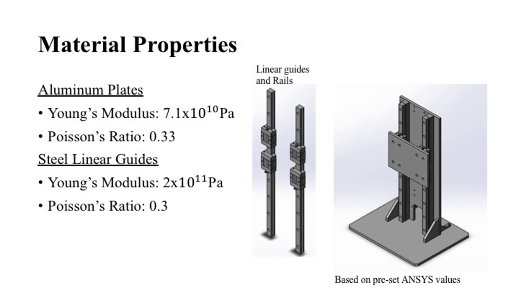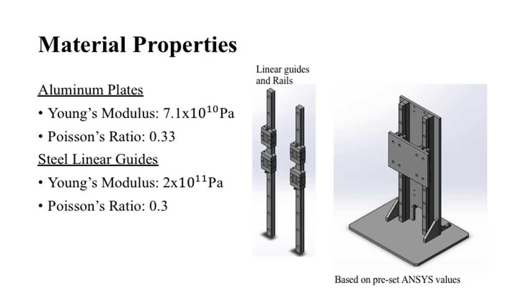The machine is made mostly of aluminum, which has a Young's modulus of 7.1 times 10 to the 10th pascals, and a Poisson's ratio of 0.33. The linear guides and rails are made from steel, which has a Young's modulus of 2 times 10 to the 11th pascals, and a Poisson's ratio of 0.3. The linear guides will undergo plastic deformation if they're put under a force of 4.2 times 10 to the 8th